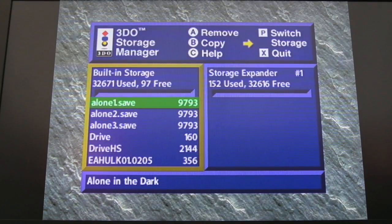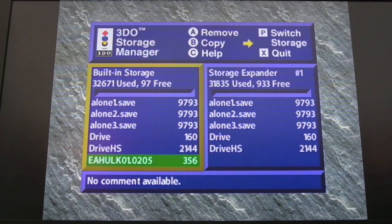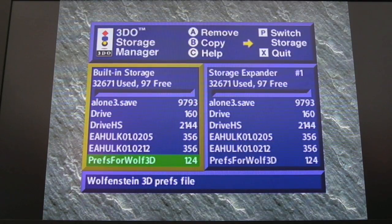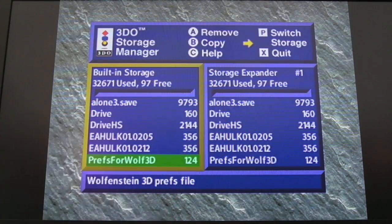So I'll just copy my Alone in the Dark stuff across here. The way we do that is B to copy, it's instant, which is what you'd expect. They're very small. So yeah, nice and easy to use. And you can see there, so it's pretty full. We're down to, just from those few copies there, like 97, sorry, I'm covered up, 97 bytes